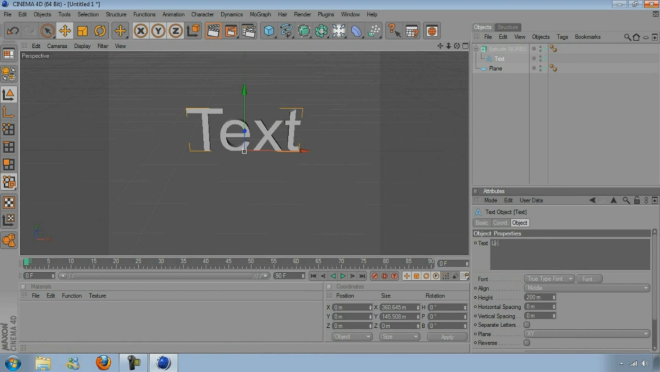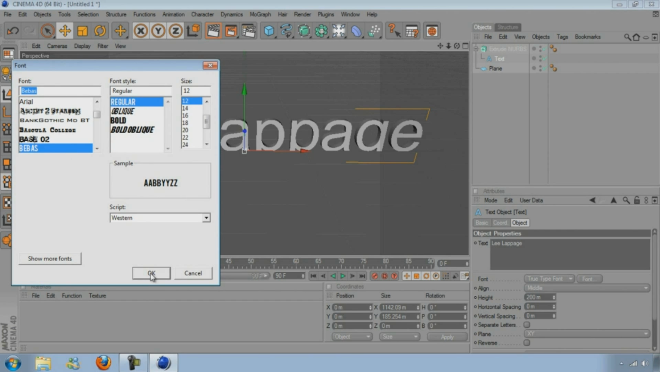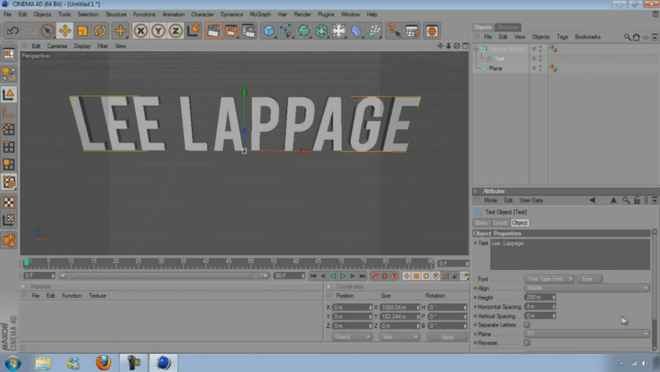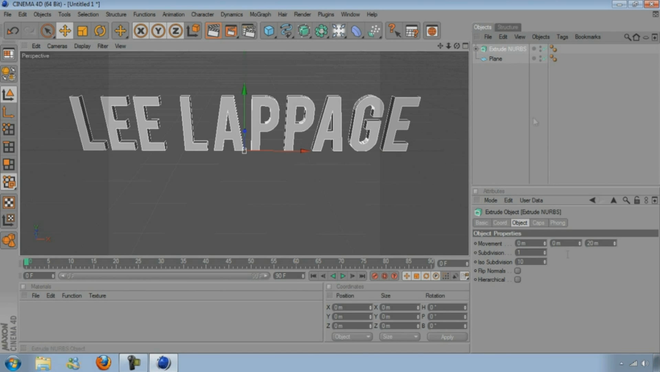And then just down here change the text to what you want, and then change the font as well, just like that, and you can play around with it. There we go. And then once you've done that, go to extrude NURBS, change the movement to 80, go to